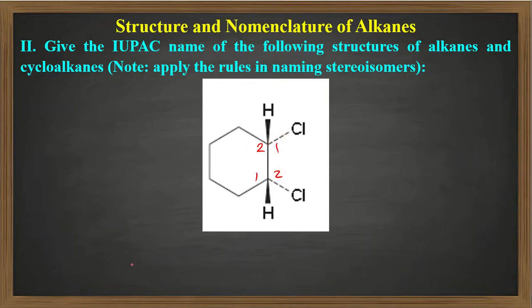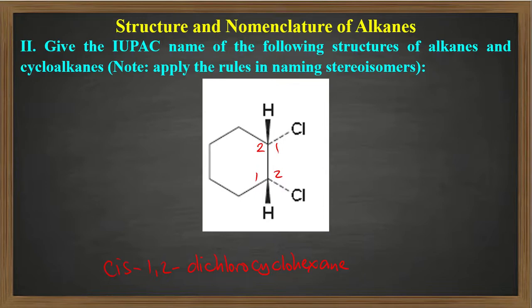So when they are on the same side, we use the prefix cis. The two chlorines are on the same side, so this will be called cis. 1,2 dichloro, and then the ring contains 6 carbon atoms, cyclohexane. Okay, that's the name for that structure. Cis 1,2